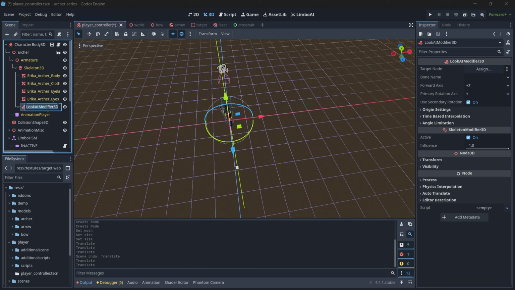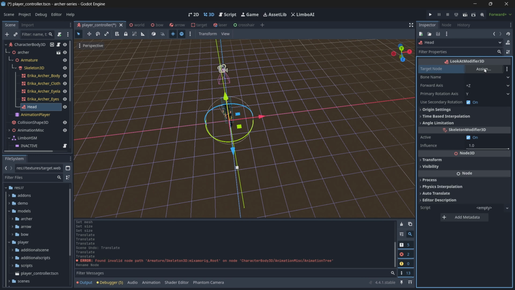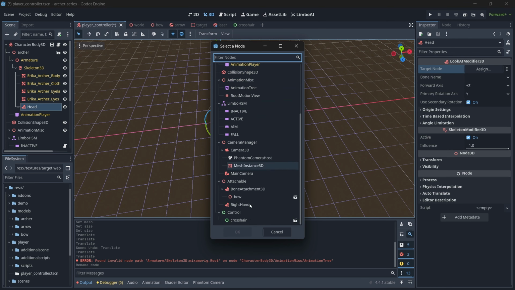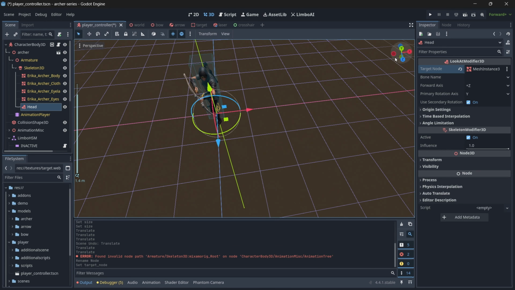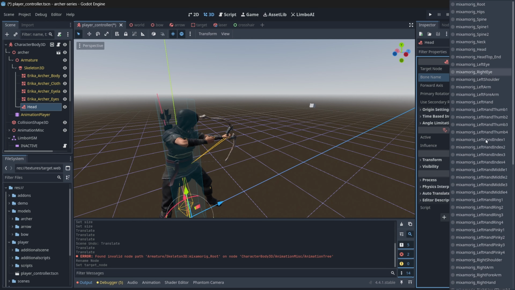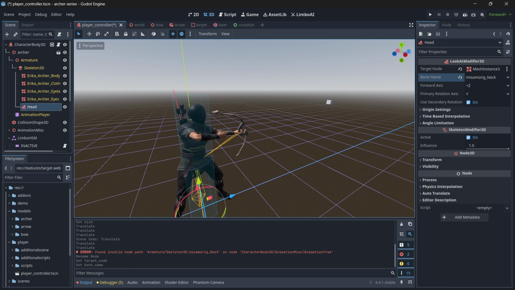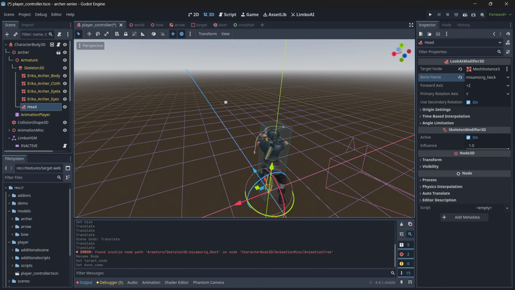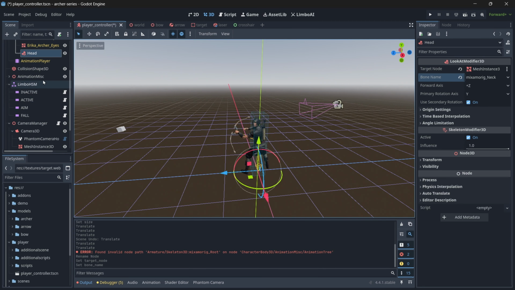So for that, let's first rename this modifier to be head, and here we need to assign our target node, so which node we want to focus on, and the node will be the mesh instance that we created, that was a child of Camera3D. And now we need to specify the bone name that we want to modify. So in our case, it will be our neck, and now the player is looking in another direction, and let's